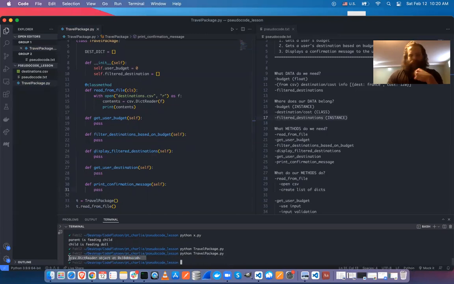Okay, so we have this DictReader object, and this may not make a lot of sense. This is just the default Python representation of something. So we know that this is a class, right? It's a DictReader object. Object in this sense means instance. So this is an instance of the DictReader class. And if we iterate over it, we'll see that it's a bunch of dictionaries. So we can do that real quick. So for